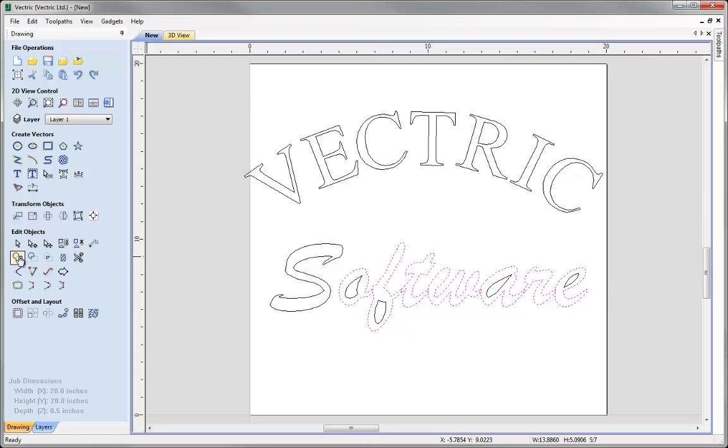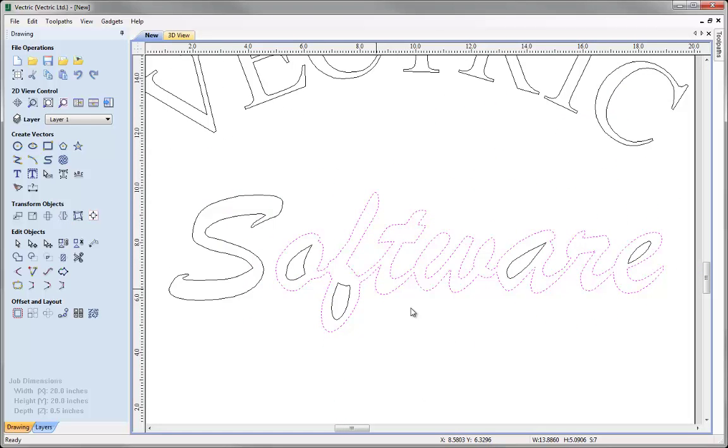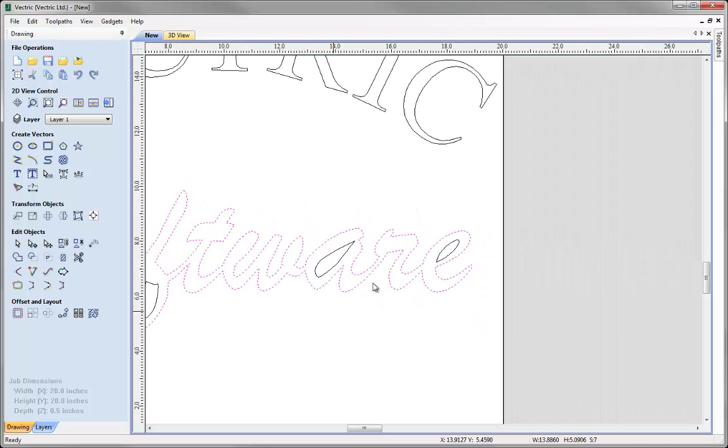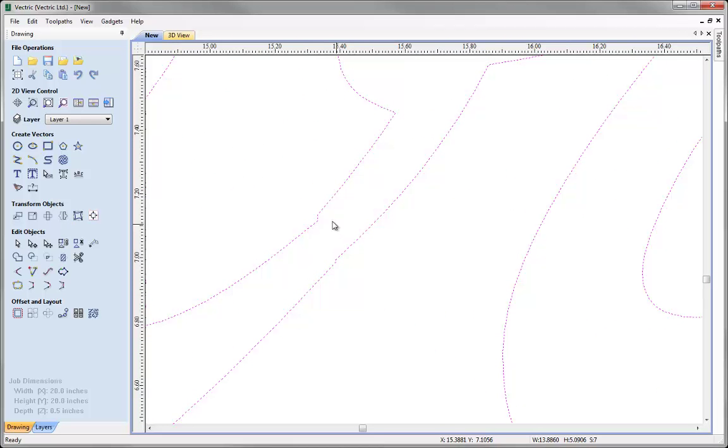So with them selected, I'm going to come over to the Weld Selected Vectors option, and as you can see, that's now removed any of the overlapping joins that were in each of the individual characters. The only problem we may have here is that in between some of the letters where the joins weren't perfect, like say in between the A and the R here, we may have a bit of a kink in the middle. So what we can do is go into node editing mode and then just further edit the